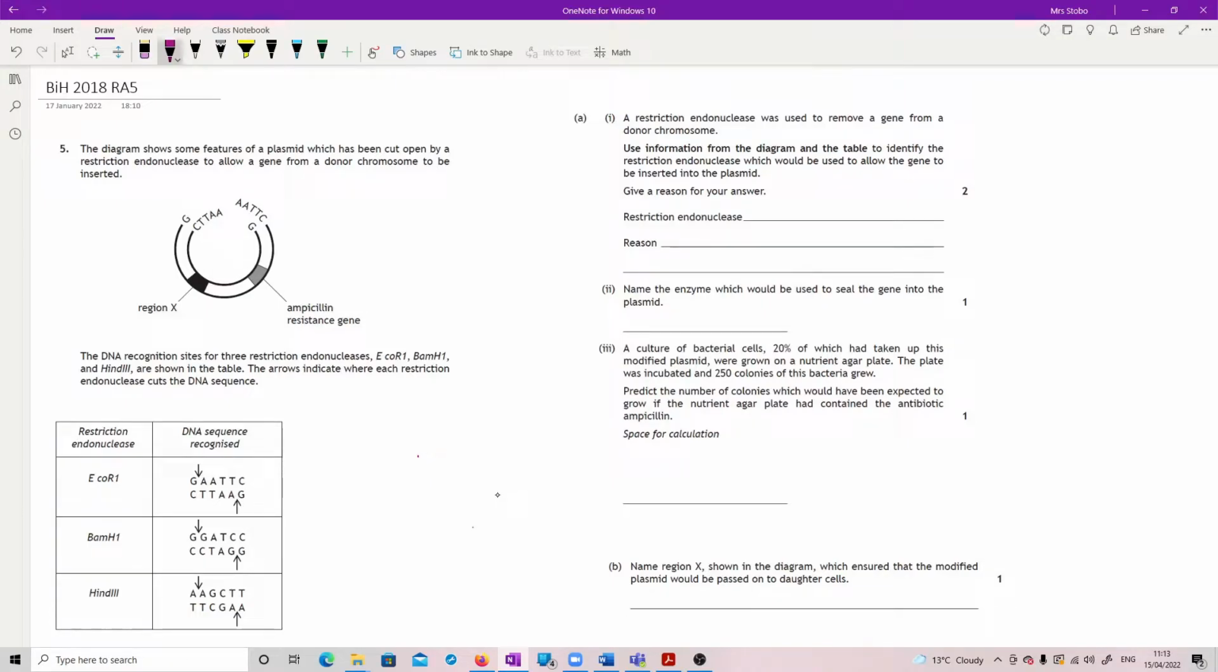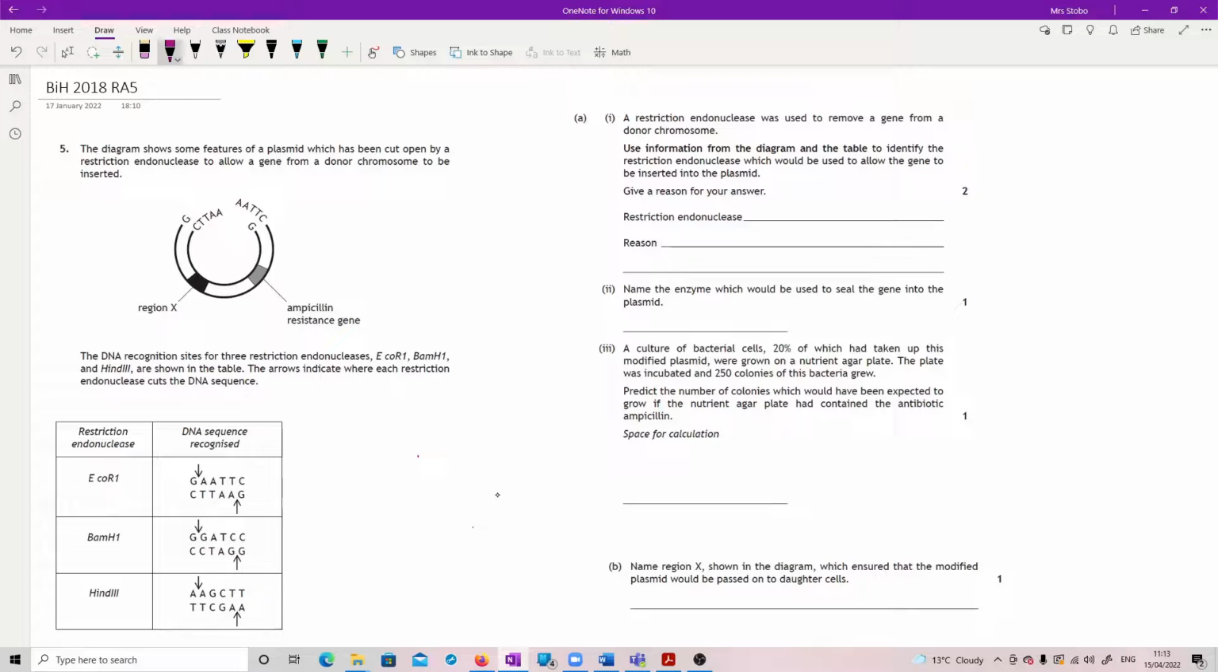Question 5. The diagram shows some features of a plasmid which have been cut open by a restriction endonuclease to allow a gene from a donor chromosome to be inserted. The DNA recognition sites for 3 restriction endonucleases, EcoR1, BamH1 and HindIII are shown in the table. The arrows indicate where each restriction endonuclease cuts the DNA sequence. Okay, that's fair enough. You've been given information here, and then on the plasmid they've already done the cut,